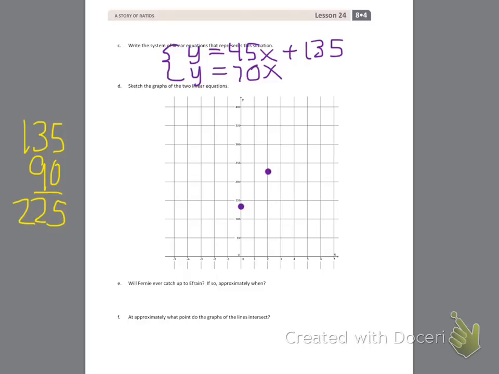Okay, so we'll connect the line to see Efren's travels. Okay, so that's what Efren's graph looks like. So that would be the first one right here. Oh, wrong tool. Okay, so that's y equals 45x plus 135. So let's graph